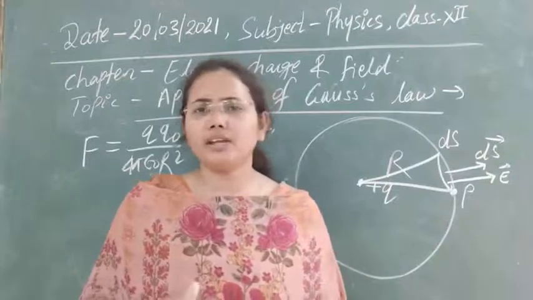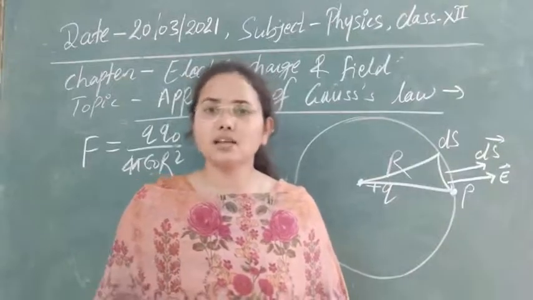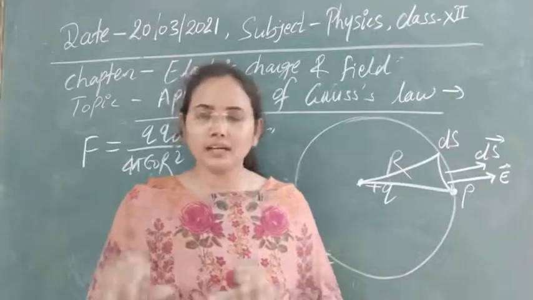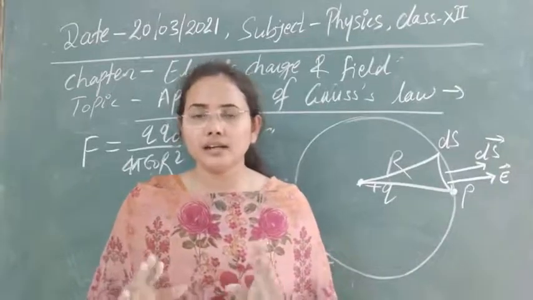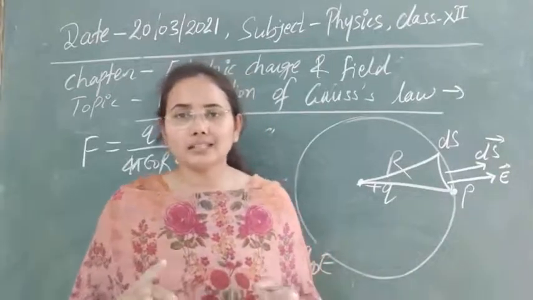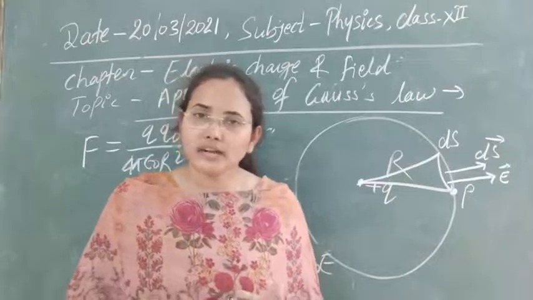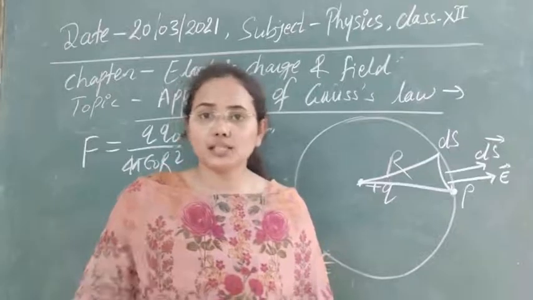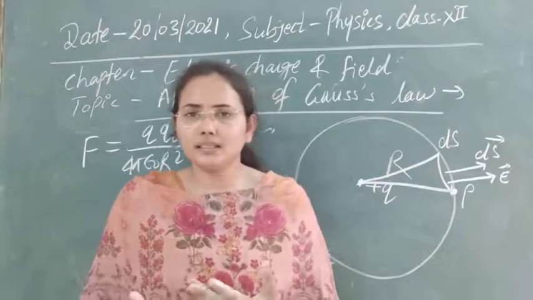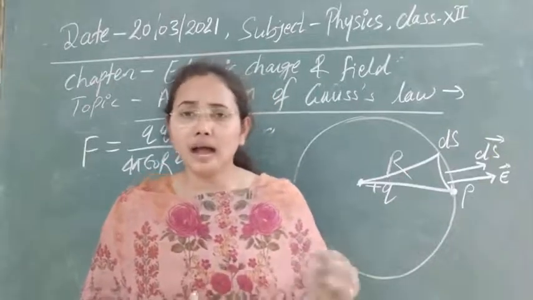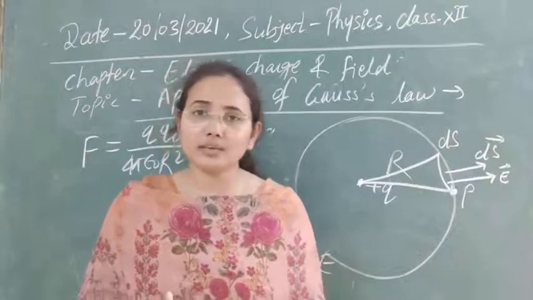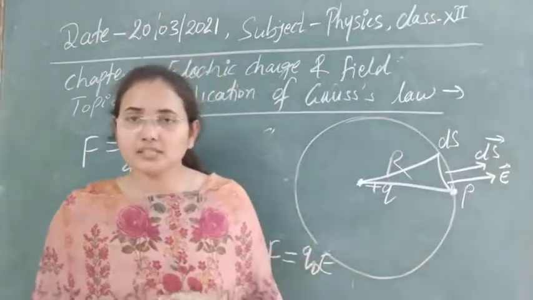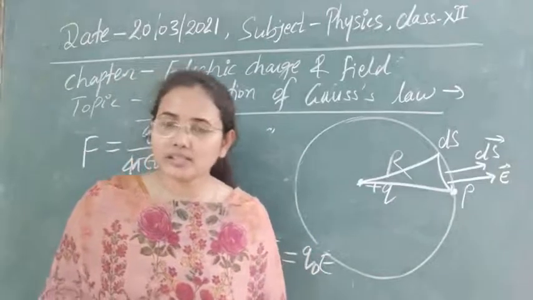The second concept that we have is quantization of charge, meaning charges are always quantized. Whenever we see a transfer of charges, they are transferred in whole numbers. One charge is transferred, two charges transferred, three charges transferred. We have never seen a half charge or 3.5 charges transferred. So this is not possible, which means charges are always quantized in nature.